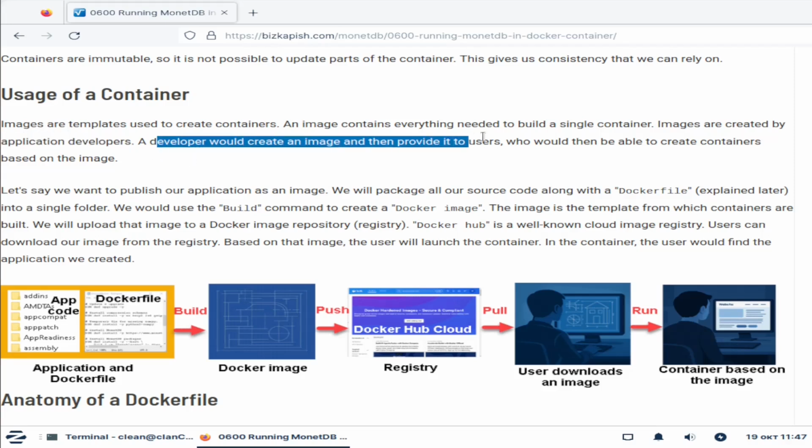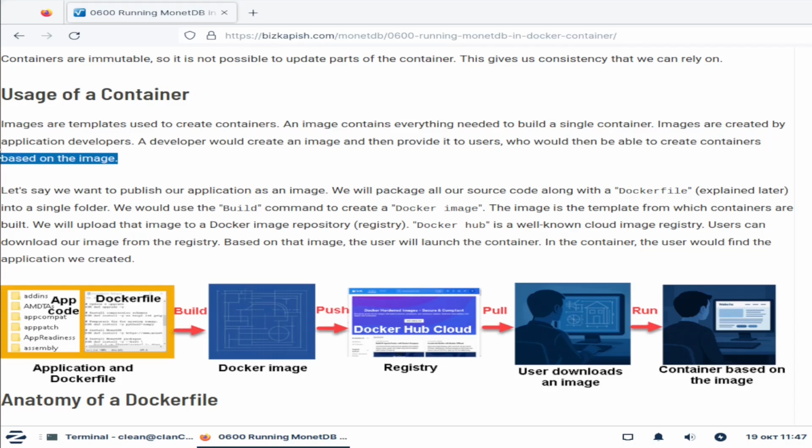So developer can send this image to a user, and then user can create a container that is based on that image. Here below we can see the whole life cycle. So first we have this part that has to be done by application developer. Developer will use all of the source code of his own application. He will add instructions in this Docker file how to create an image, and with build command the application developer